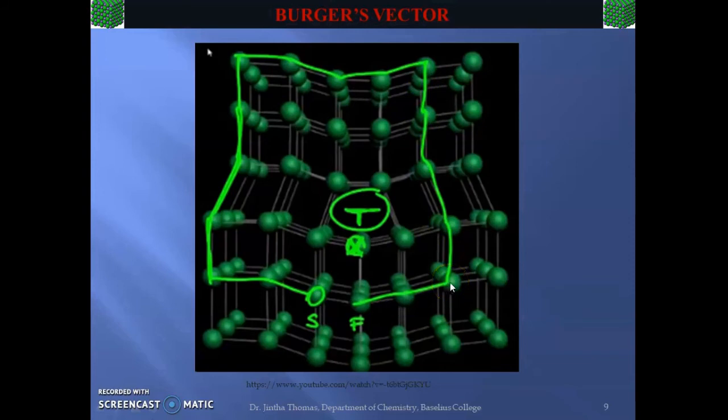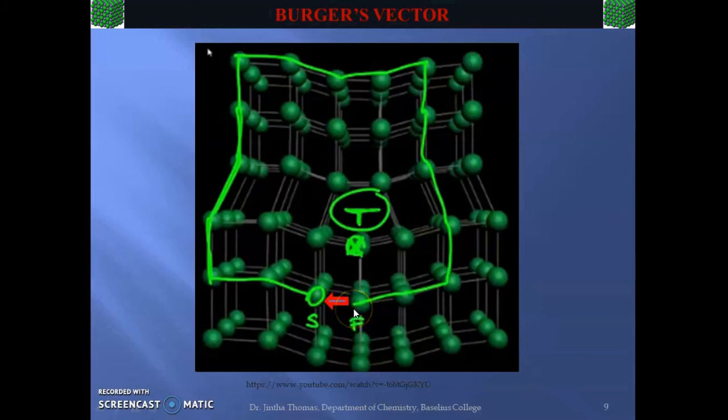Now let us observe. In order to complete the loop, we are supposed to make 4 steps in total to the left. We have already made 2 steps, 1, 2, and we are making again 1 and 2 steps. So in total we have made 4 steps. And look where we are. We are at this point, the finishing point F, and we haven't reached the starting point. We haven't reached the point S from where we started our journey. So here we can see the Burgers loop fails to close down.